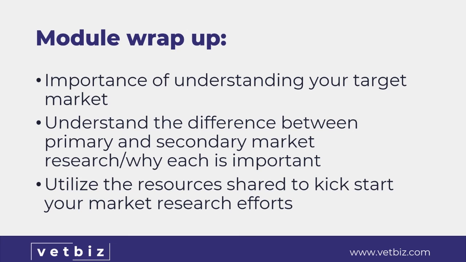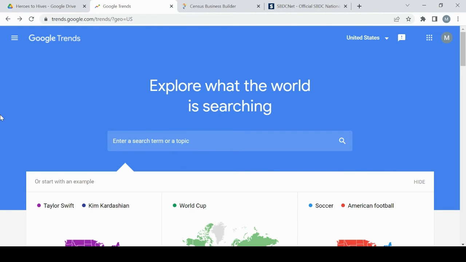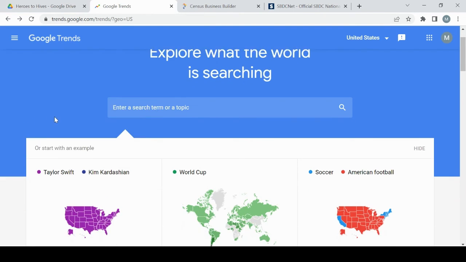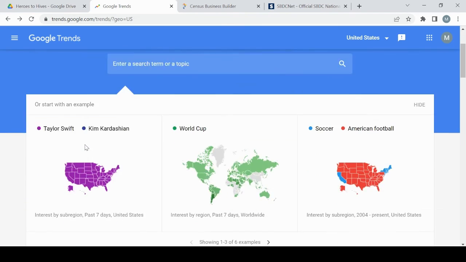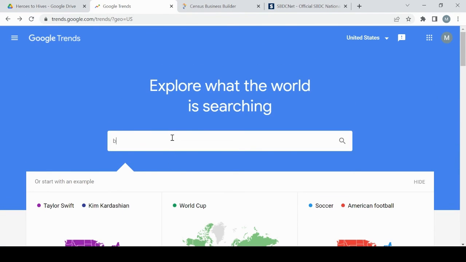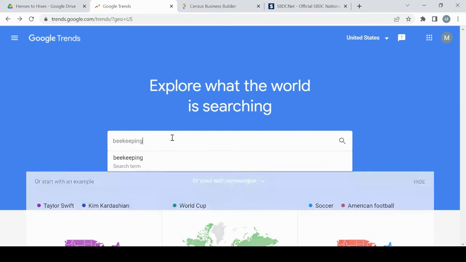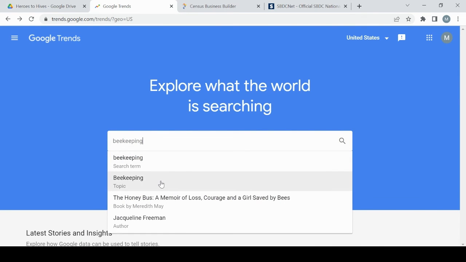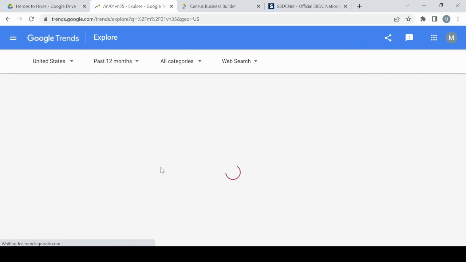To round out this module, I'm going to show you in practice some of those resources we talked about earlier. First up, Google Trends. You can find Google Trends at trends.google.com. You'll see the homepage once I get there. It's got a lot of different suggested searches here that I can look into, but let's just use beekeeping as an example. So if I type in beekeeping into the search box here,